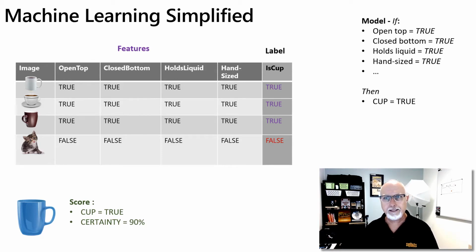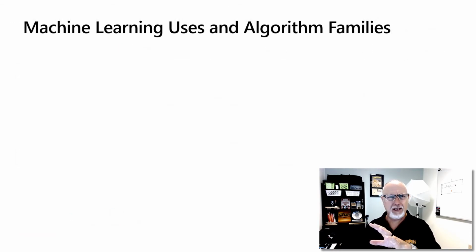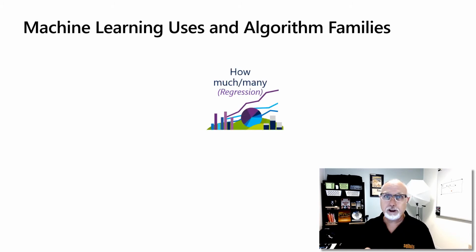Well, I think we talked a little bit about that now. I mentioned those families. Let's talk about what those are. The first is how much or how many. There are algorithms called regression algorithms, and they're like a trend line, and they map out X's and Y's very well, and sometimes even Z's, and they can tell you how much or how many something is projected